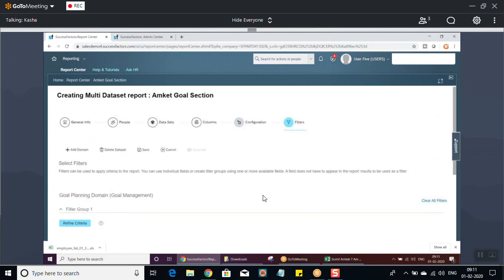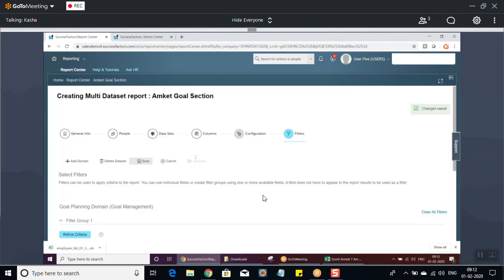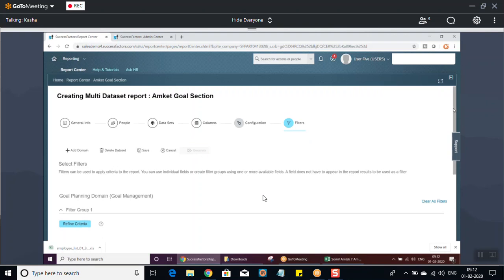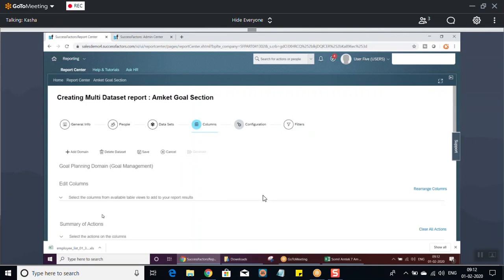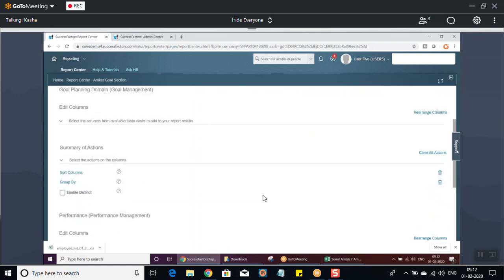Generate will only come when you have the save option. So here when you save your this detail, it automatically gets activated. So it's not just getting activated here. Maybe it is, previously it was coming. Okay, the single domain here. The generate option is nothing, it's just that when you come to the report center, it should show. So generate you don't have here, but the point is that it should take it up